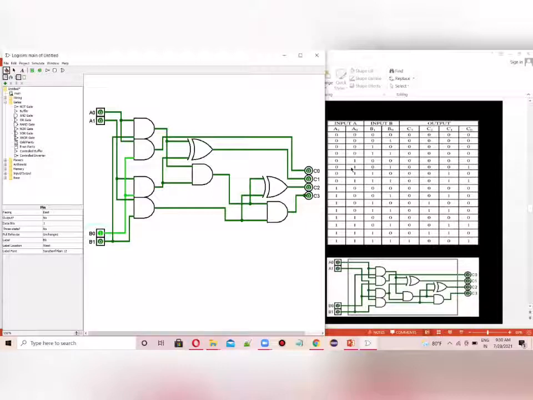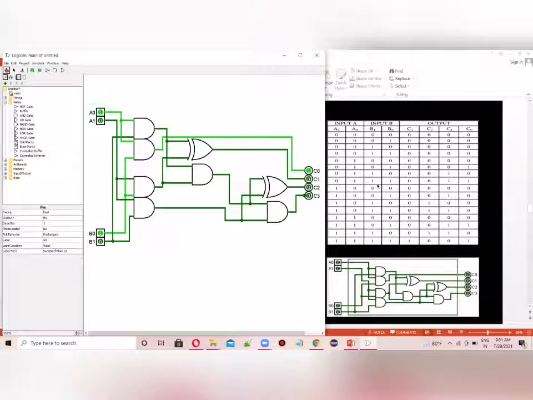So let's check this one, whether we are receiving correctly. Here A1 is 0, but A note is 1. So let's make A note as 1 and B note as 1, and let's check. Now we can see that C note is 1. So here we can see that A note is 1. Similarly, B note is 1. Similarly, C note is 1. So that is working correctly.